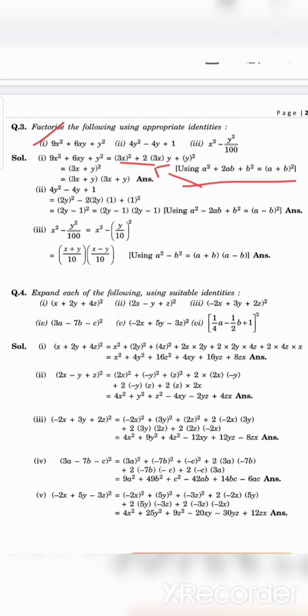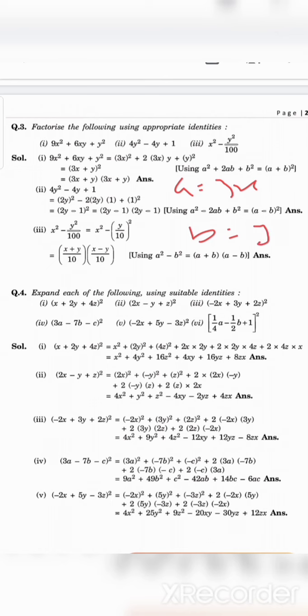So first we format this by using the identity. 9 is the whole square of 3, so we write 9x square as 3x whole square plus 2 into the first term, which we know is 3x, so we write 3x, and then the second term we don't know yet, so we leave a blank, and then plus the last term is y, so y whole square. So the b term is y, so here we write y. Now it is in the form of the first identity's RHS, so it can be written in the form of a plus b whole square. Comparing this, we get a is 3x and b is y.